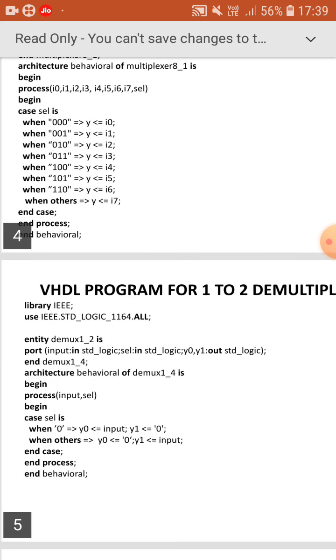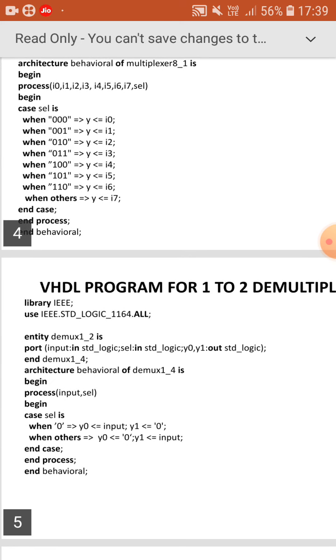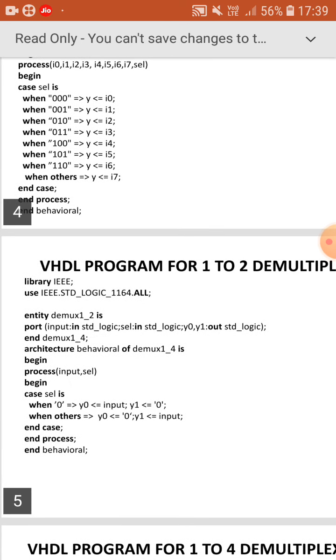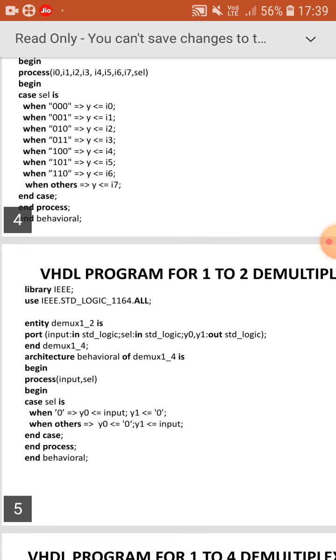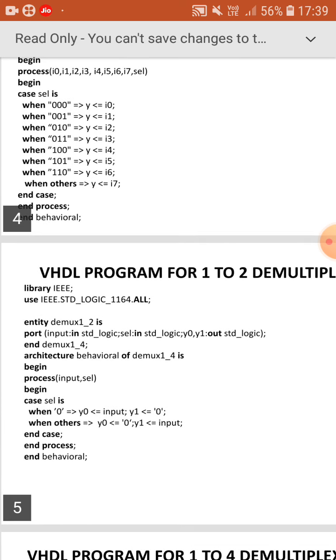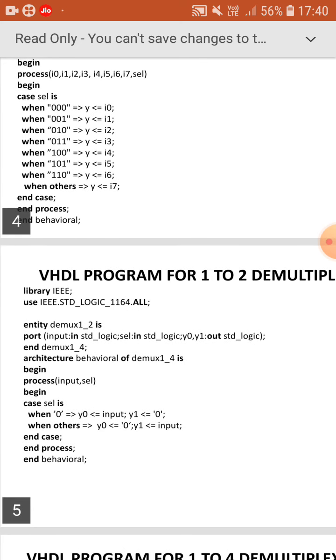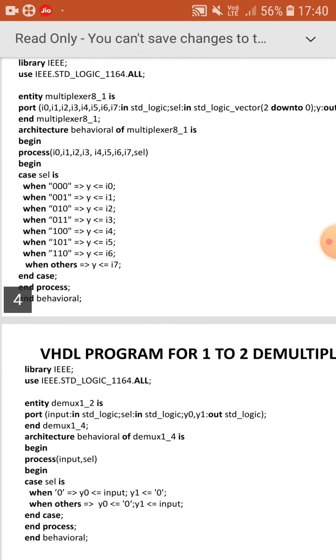Likewise, when SCL is 1, 1, 0, I6 will be assigned to the output y. In the last line I am writing when others. When others means when SCL is 1, 1, 1, then I7 will be assigned to the output y.